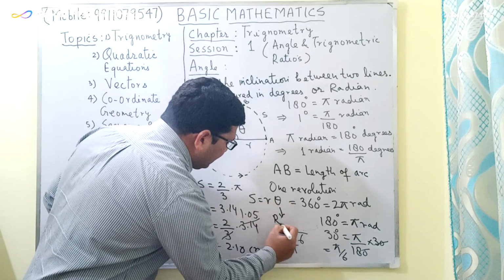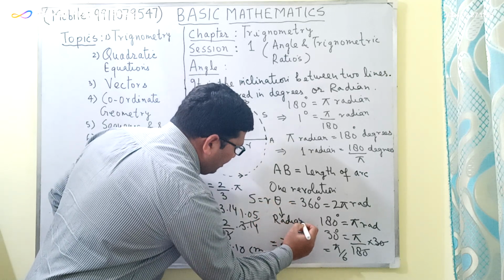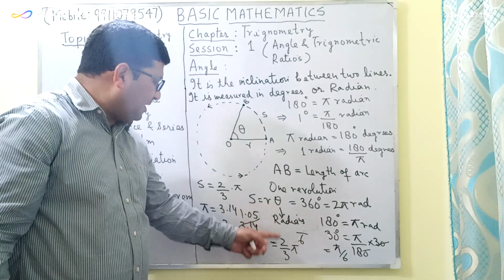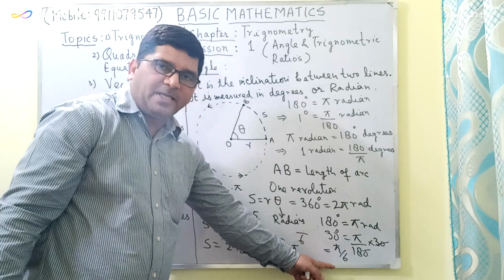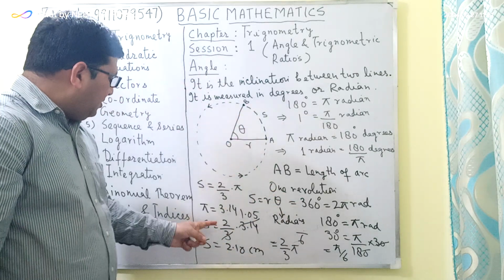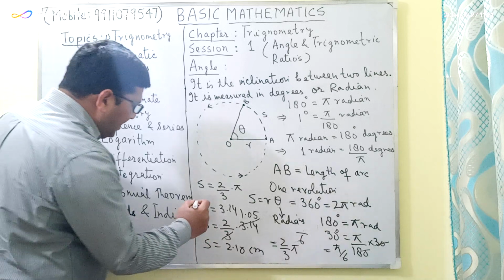So S is equal to R theta, and theta is in radians. First thing, this is important. And after putting the value of theta in radians, you will be getting the answer in pi. So in order to find the length of this arc AB, just substitute the value of pi,